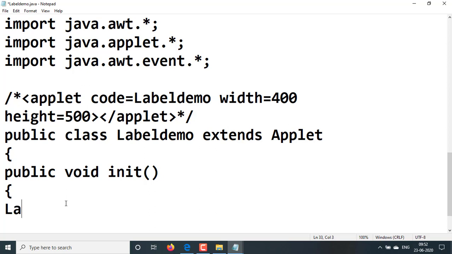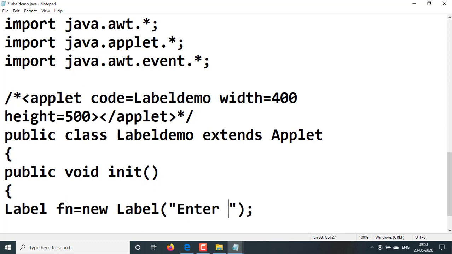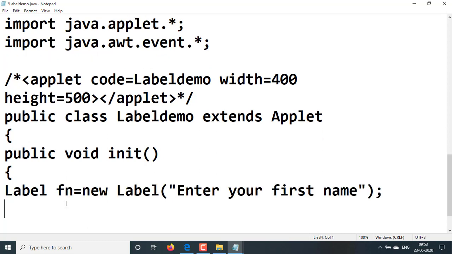Label fn equal to new Label, and in this constructor we are writing the string as value: "Enter your first name". Like this I am creating the first name as a label.